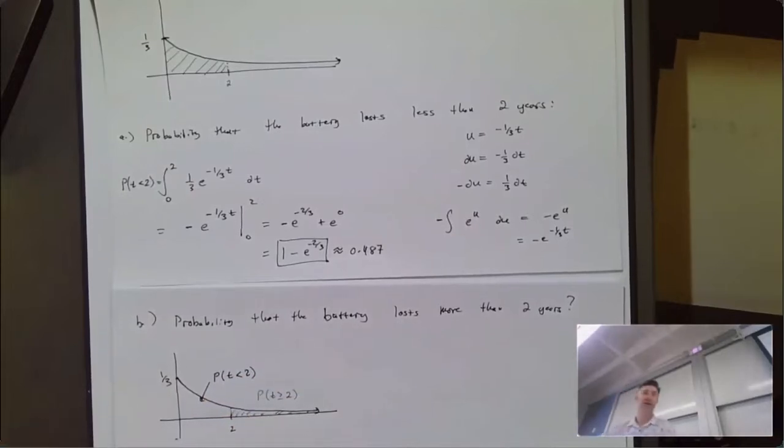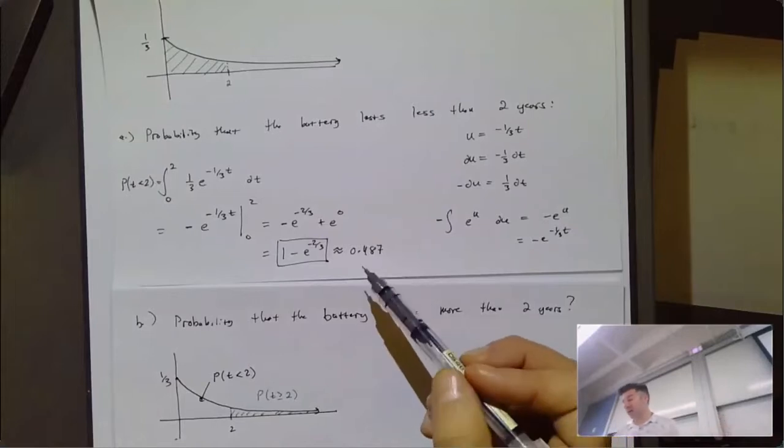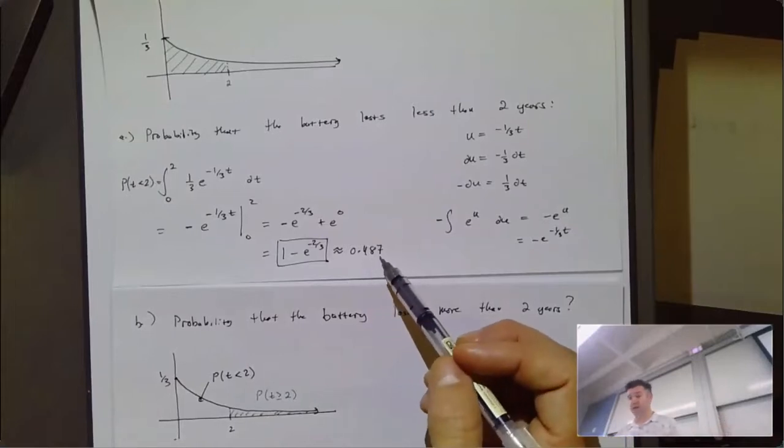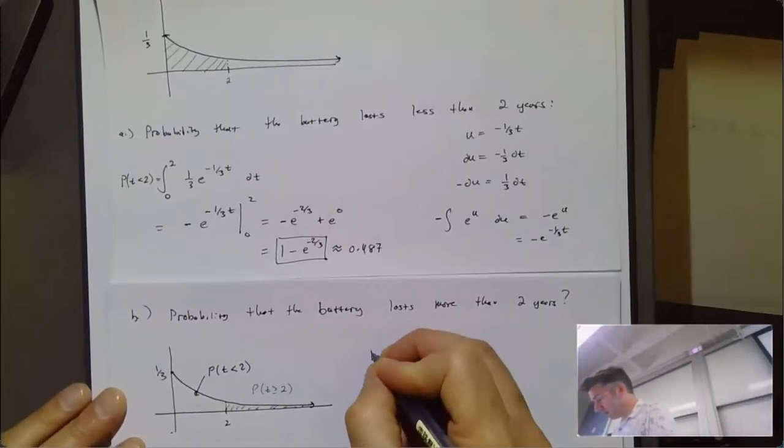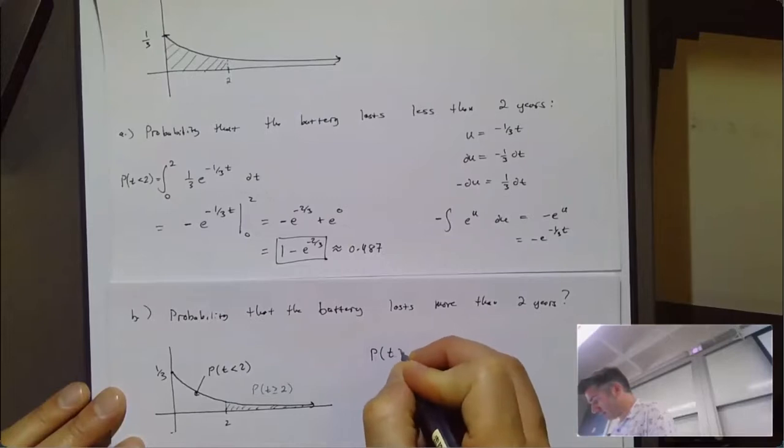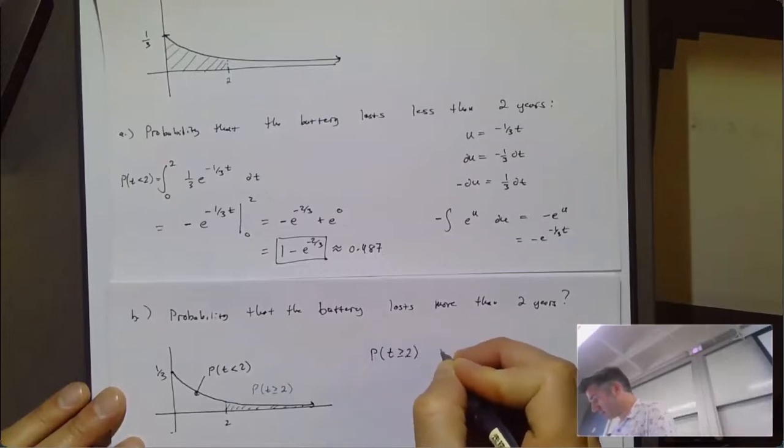Well, only one of these two things can happen. Either the battery lasts more than 2 years or the battery lasts less than 2 years. So if one of those things has to happen, and we already know the probability of the battery lasting less than 2 years is 0.487, then the probability the battery lasts more than 2 years should be the remaining probability out of 100%. So we should say that the probability the battery lasts greater than or equal to 2 years is going to be exactly,